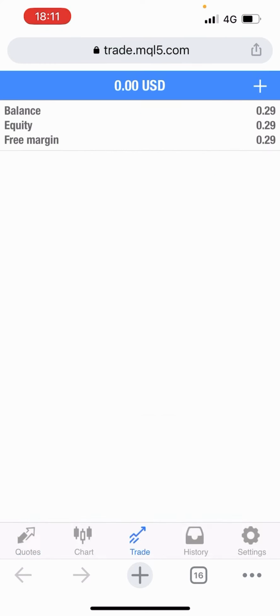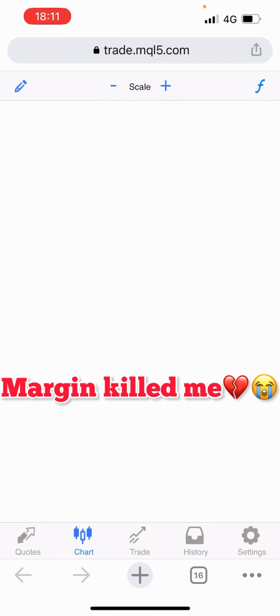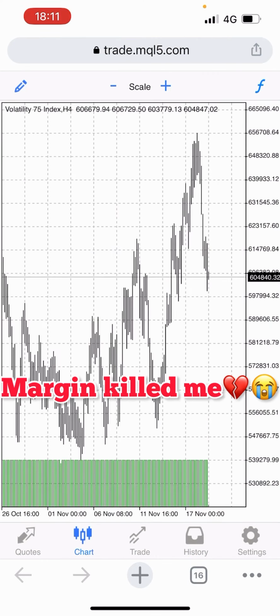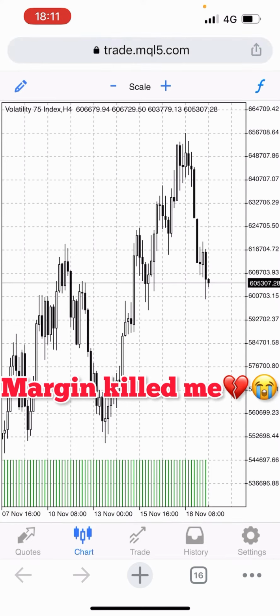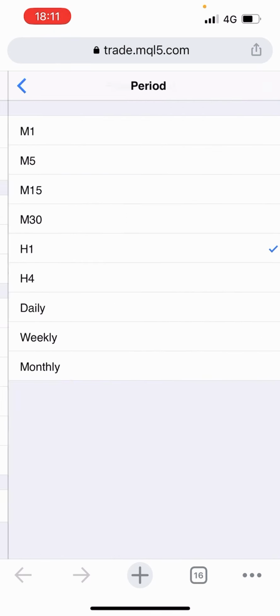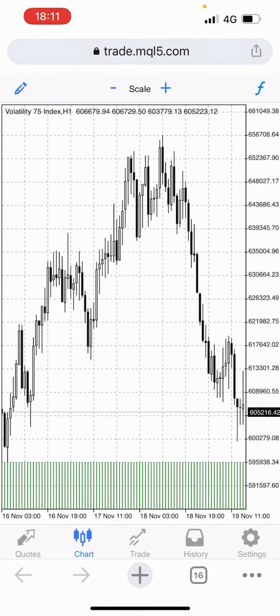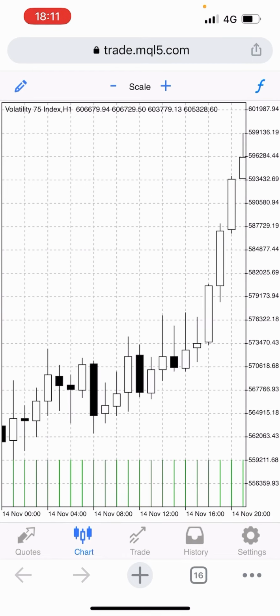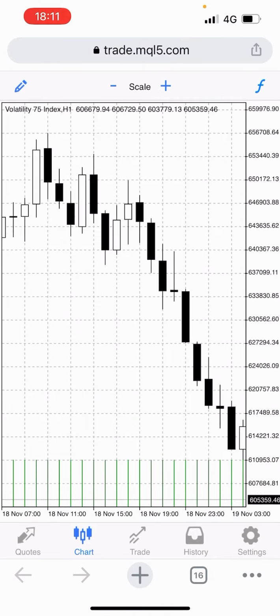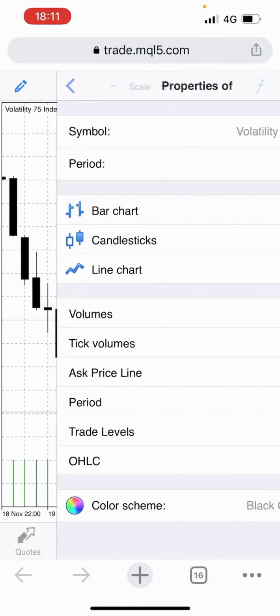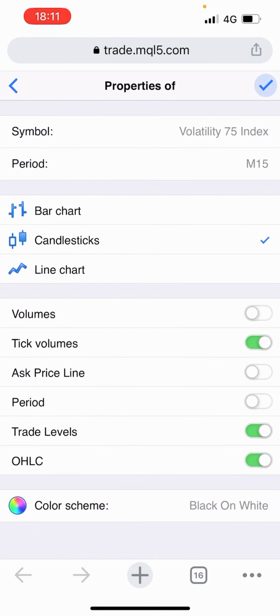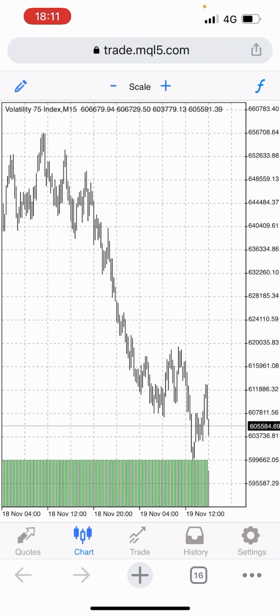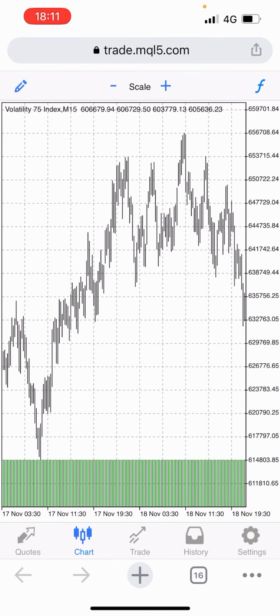Oh yes, guys, sometimes it's scary. Oh guys, margin killed me. Dang. Margin killed me. Going full margin is not the best option. So I was right. It moved down, but the margin killed me. What had really happened? Because I was